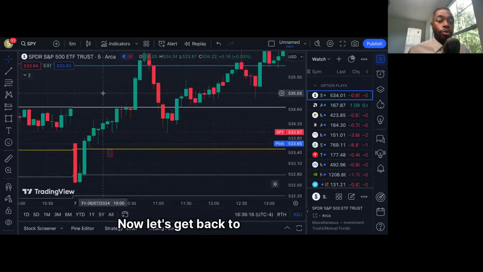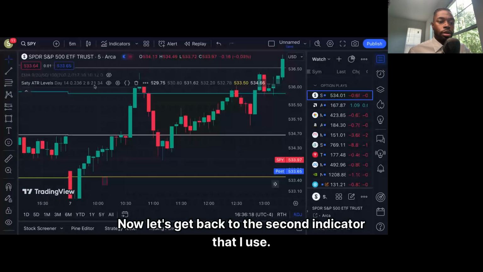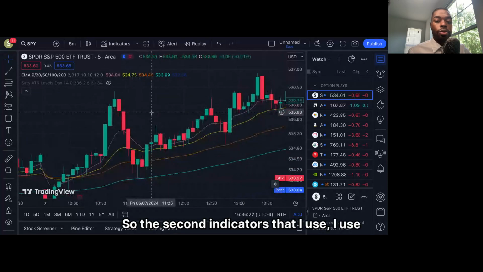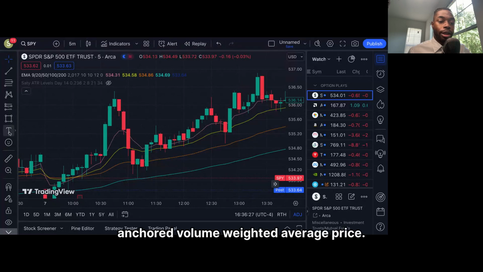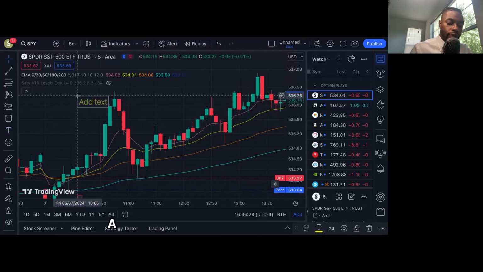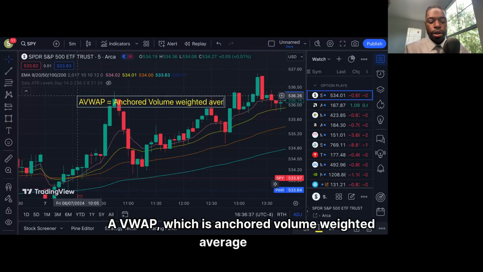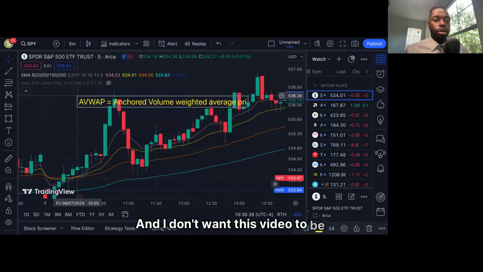Now let's get back to the second indicator that I use. Now that's the Saudi ATR. So the second indicator that I use is AVWAP, anchored volume weighted average price. Okay, AVWAP, which is anchored volume weighted average price. And I don't want this video to be too long, like I said,